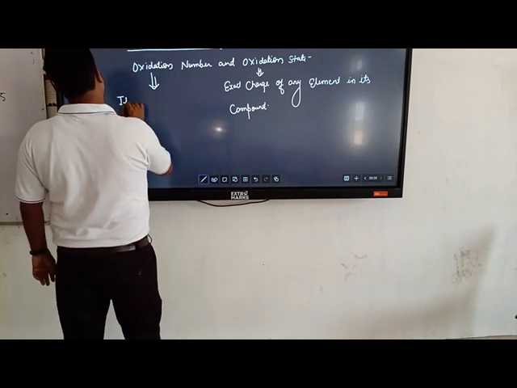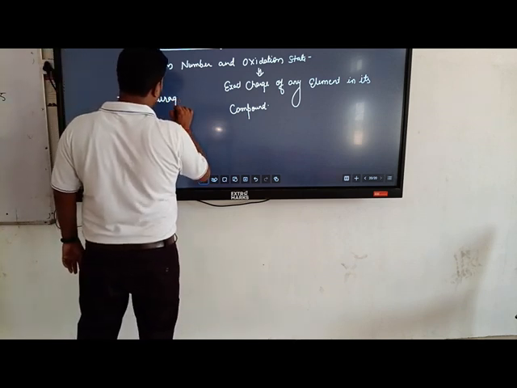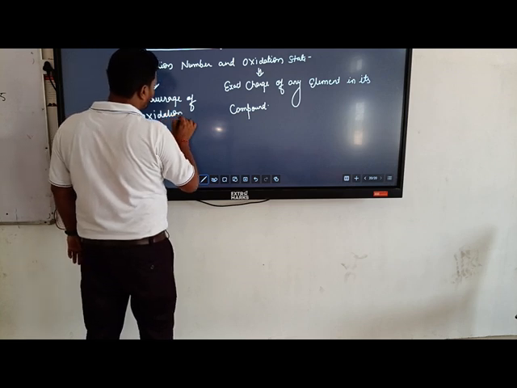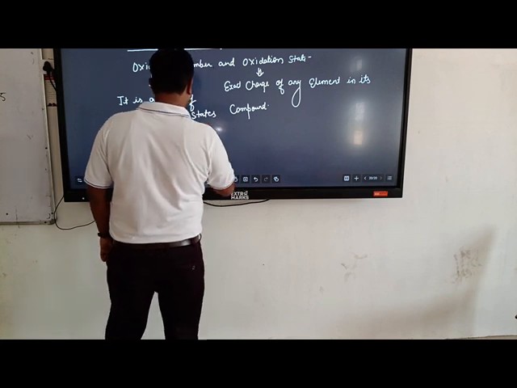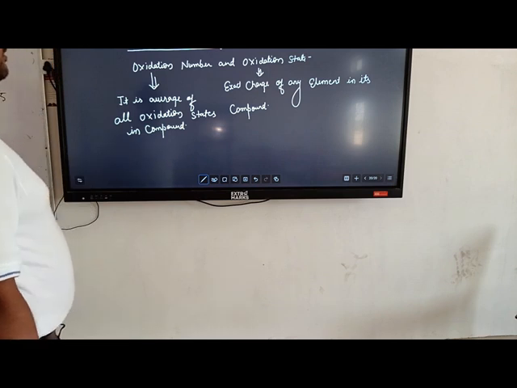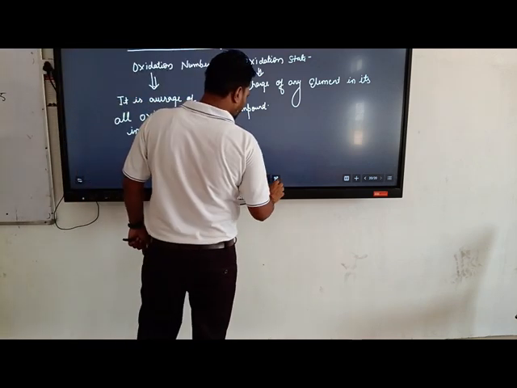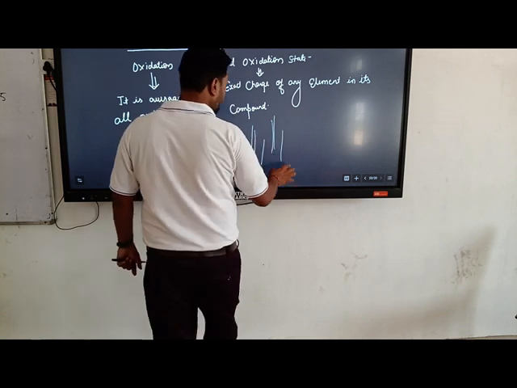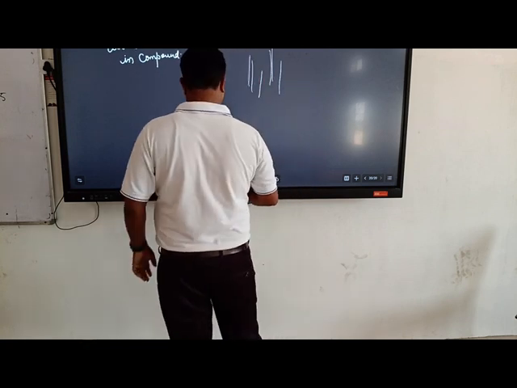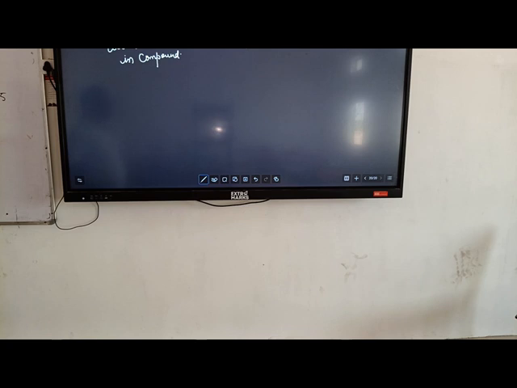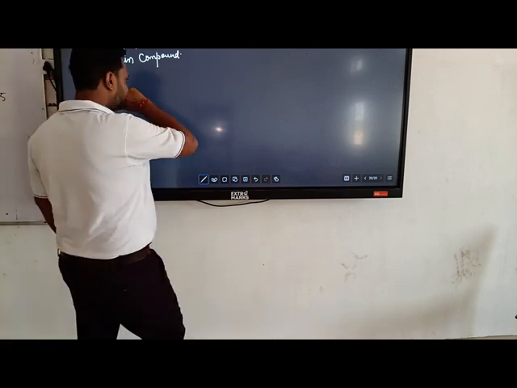It is average of all oxidation states. Average of all oxidation states in compound: मीन्स कंपाउंड में जो एलिमेंट के डिफरेंट ऑक्सीडेशन स्टेट्स हैं उन ऑक्सीडेशन स्टेट का जो एवरेज होगा उसी को हम ऑक्सीडेशन नंबर बोलेंगे। चलिए, तो ये तो हो गया अबाउट ऑक्सीडेशन स्टेट एंड ऑक्सीडेशन नंबर। एक बार हम फिर से इस पर डिस्कशन करेंगे कि कैसे आप जानोगे कब ऑक्सीडेशन नंबर बोलेंगे, कब हम ऑक्सीडेशन स्टेट बोलेंगे। तो उन चीजों को देख लेते हैं।